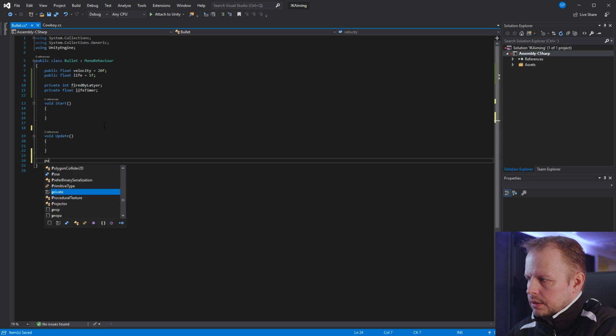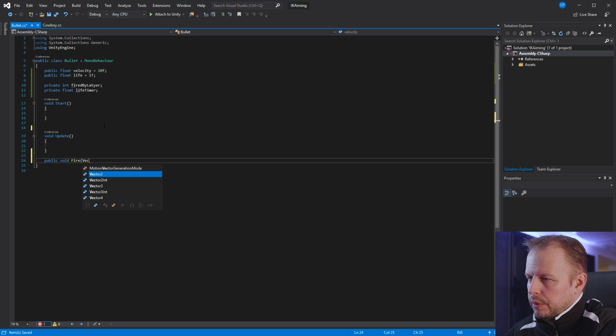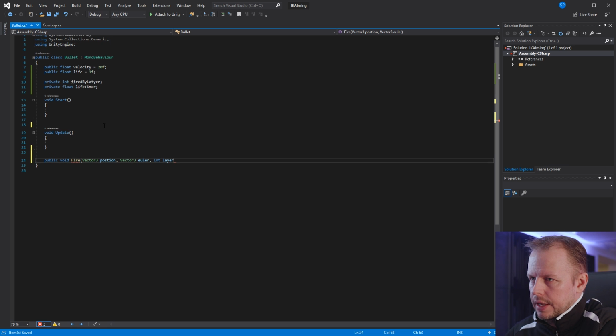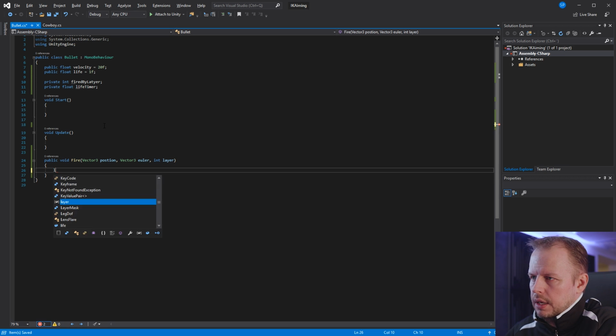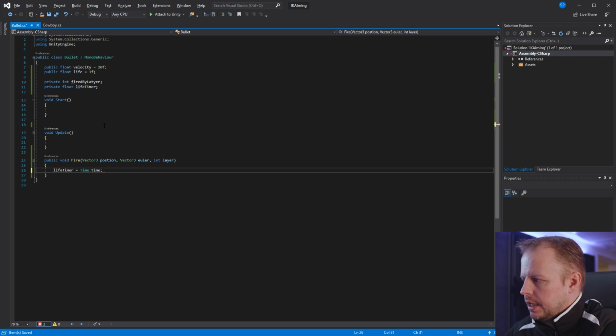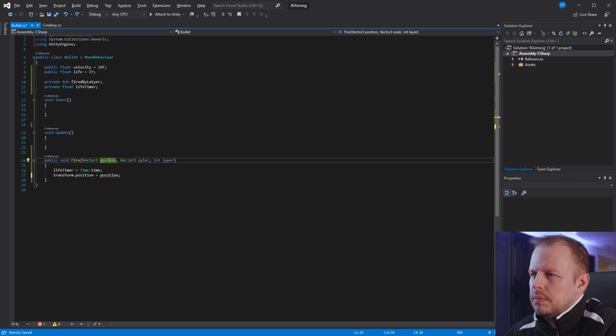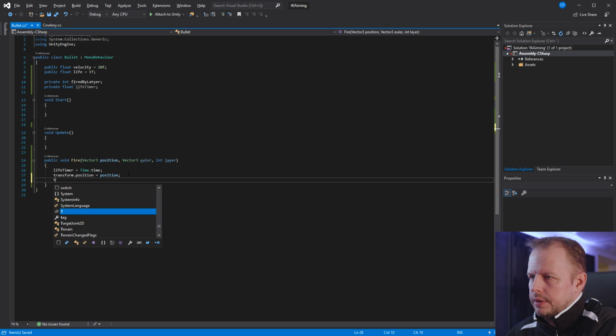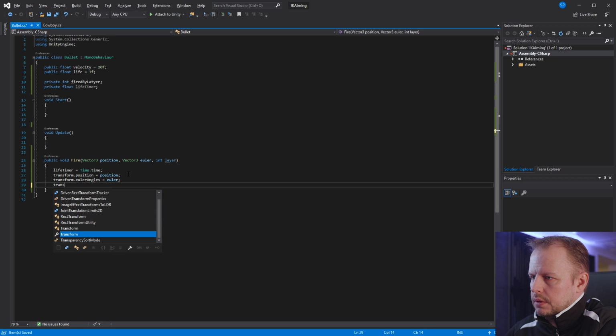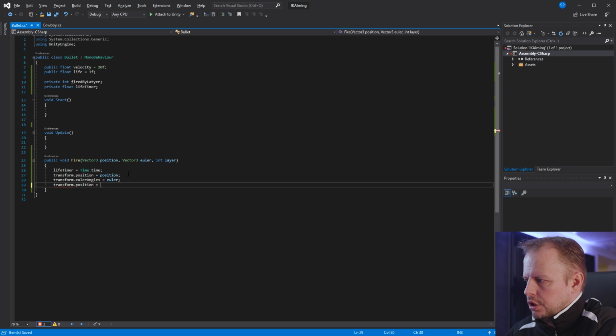And let's create a public method here called Fire. And we want to grab a Vector3 position where it was fired, a Vector3 Euler angle, and a layer that was fired from. And then the life timer, we want to set to Time, so basically that's a timestamp. The transform position we set to the position that was supplied. And the Euler angles set to the Eulers that we supplied, and the position